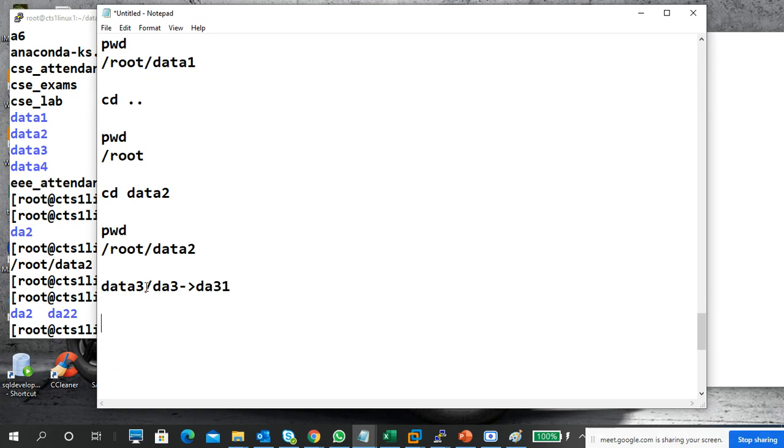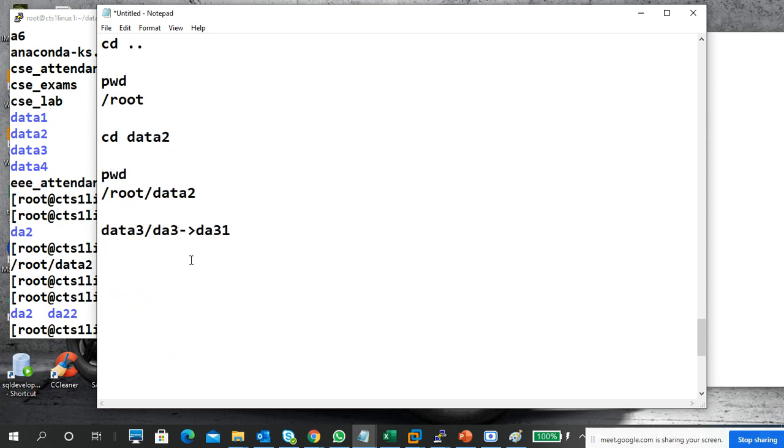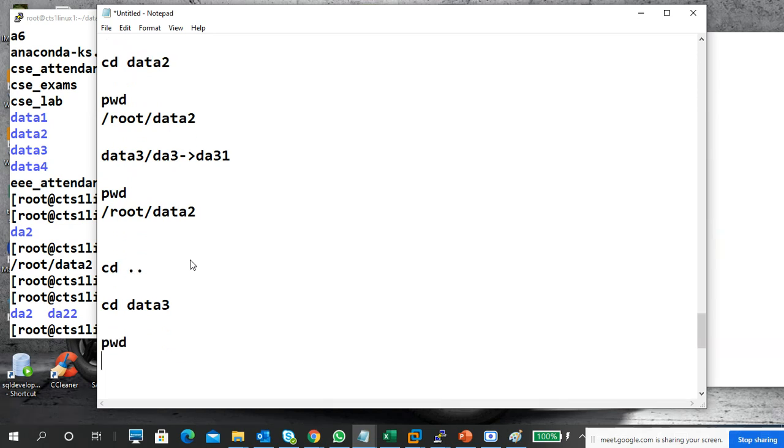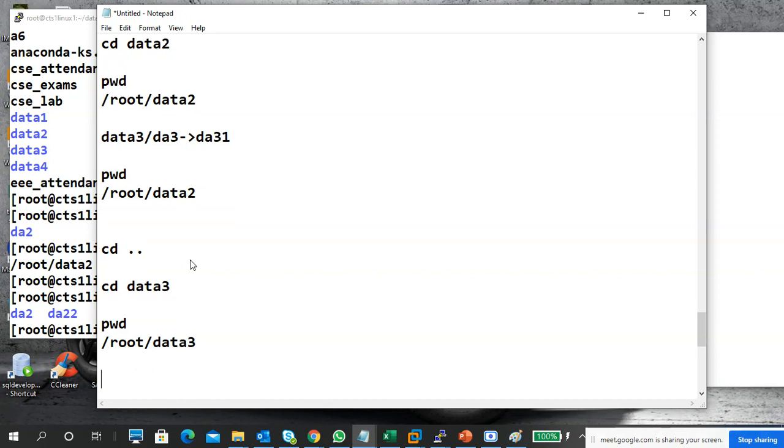Instead of that, what you have to do again? So pwd, what is your current directory? Root data 2. Then I have to go cd dot dot. Then cd data 3. Again we have to check the pwd, right? So whether you have changed or not. Root data 3. Okay, and then cd